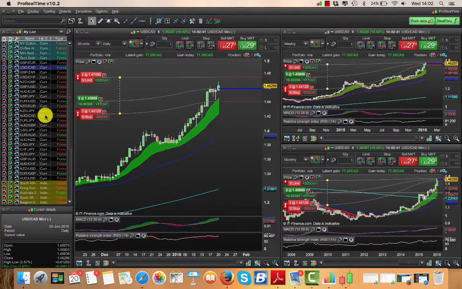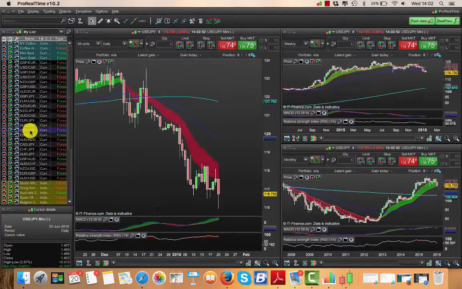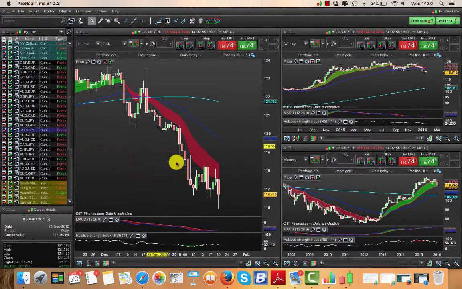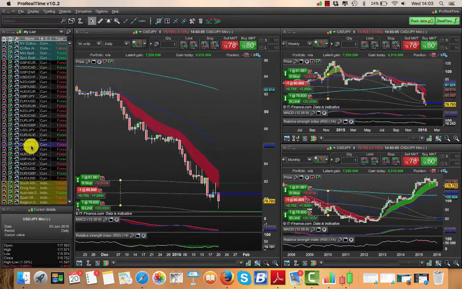I think there was another one, we've got the Japanese yen. Where is this? Over here. Oh no, it's not that market over there. But this is also another market. We're starting to trend, we're taking off on the monthly and the weekly. We're starting to go into a downtrend, we're in a downtrend on the daily. So there are really good trending markets out there, folks.